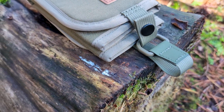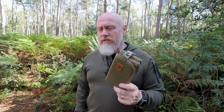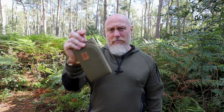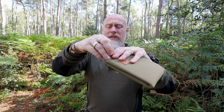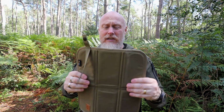Because of the size of this, it will fit into pretty much any quick access pocket, and generally in those quick access pockets you've got a key stay or something like that, which again you can attach this to. So rather than it just falling out when you need to get stuff out, it will always be in there, it will always be secure until you need it. You can either undo the key stay to take it off, or you just undo the press stud, which the D-ring will then come out, because you're going to undo the press stud anyway, so that you can then